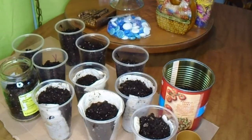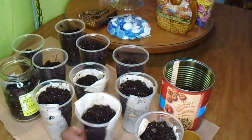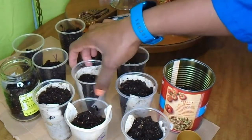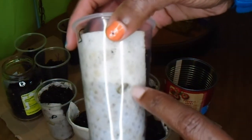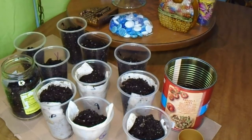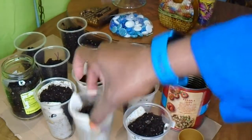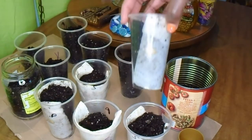It'd be nice to chart this out. So what I'm going to do later on is kind of put down observations. So this is day 2, and the sunflowers have already started germinating. So it's like a little one. It's right there. Little piece right there. So that's it. I'll do updates on this when the pumpkins start to germinate,